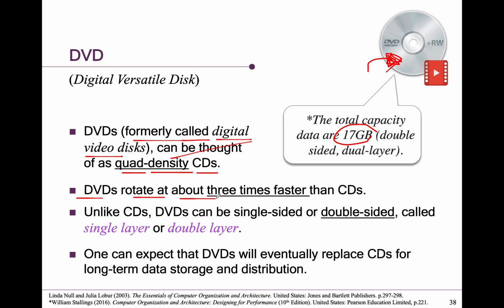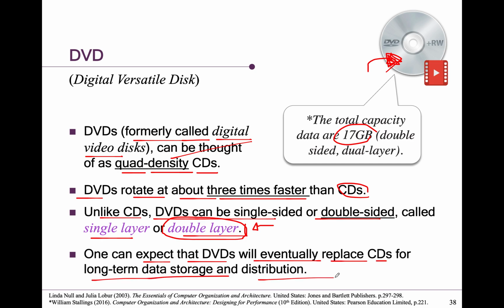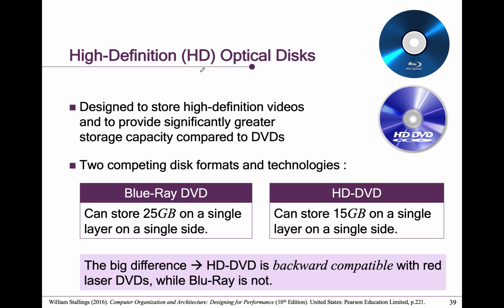DVDs rotate at about 3 times faster than CDs. Oh, it can. How come you can measure it? Unlike CDs, DVDs can be single-sided or double-sided, called single layer or double layer. I never saw the double layer, but normally I use a single layer. Maybe I'm going to find out about the double layer just to learn, just to see how it looks. So one can expect that DVDs will eventually replace CDs for long-term data storage and distribution, but not now, I guess. High definition, which is